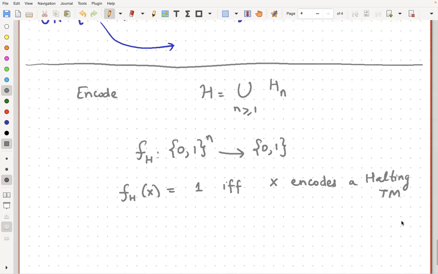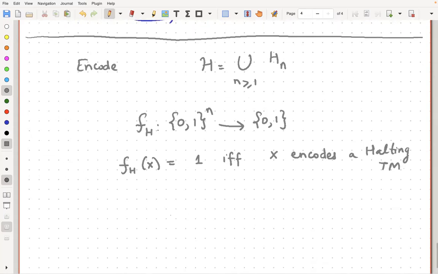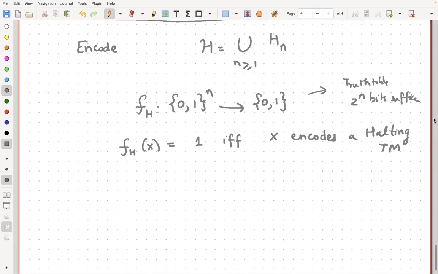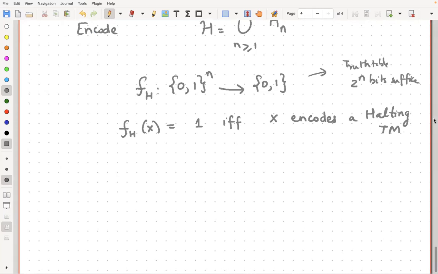Clearly, this function you can encode. This is a truth table encoded by 2^n bits. 2^n bits suffice to encode this whole truth table. And as a result, my algorithm A_n, the non-uniform algorithm A_n, or a branching program, whatever,